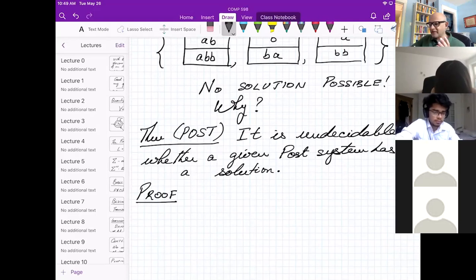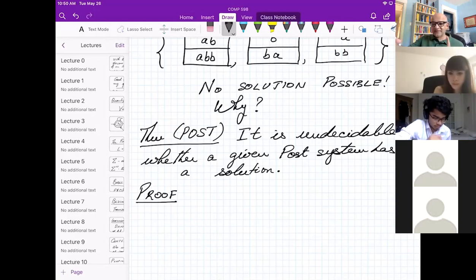Take a Turing machine and a word, and we're going to effectively construct an instance of PCP in such a way that that PCP has a solution if and only if the Turing machine has an accepting run on that word. So if you can solve the post correspondence problem, you can solve the acceptance problem for Turing machines. This is a known undecidable problem.